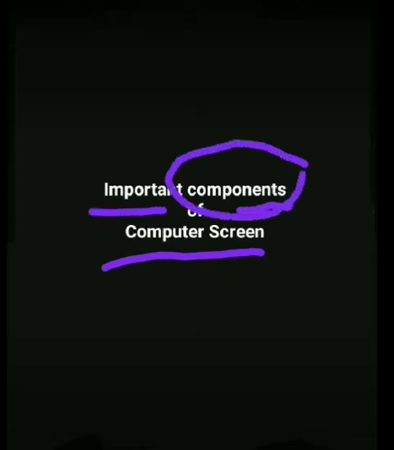Good morning, students. So far in this chapter on computers, we have earlier discussed the input devices and the output devices, and now we are going to discuss the important components of the computer screen. What basically are we going to study? We are going to study the important components, which you can basically assume as parts,